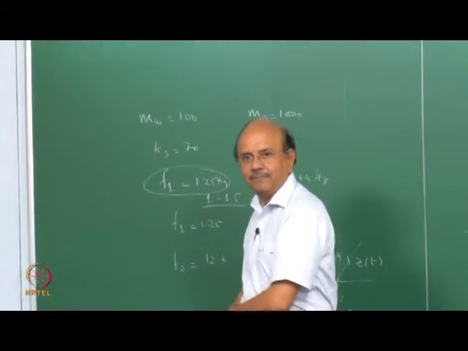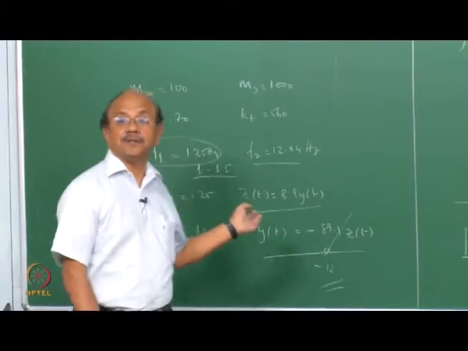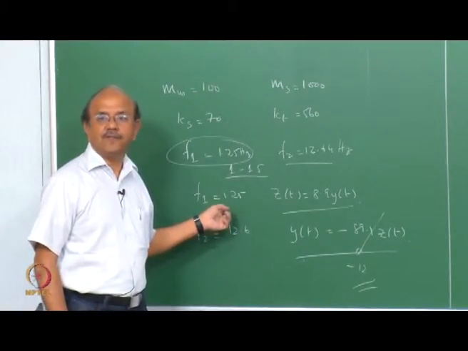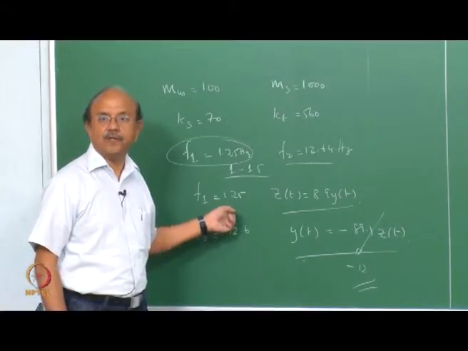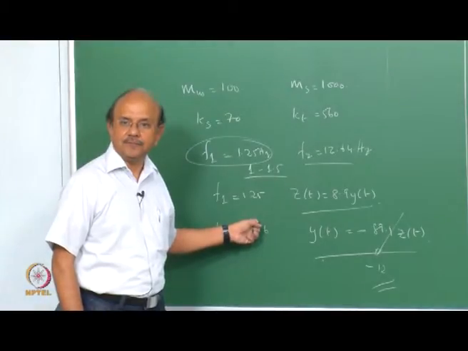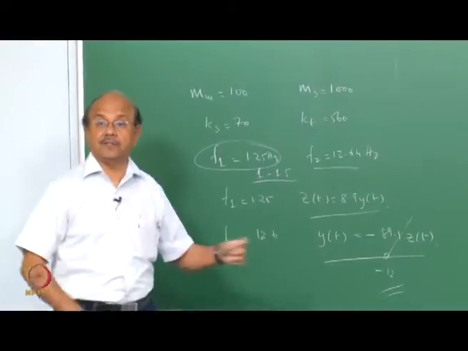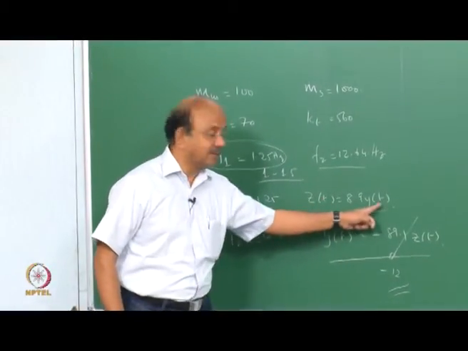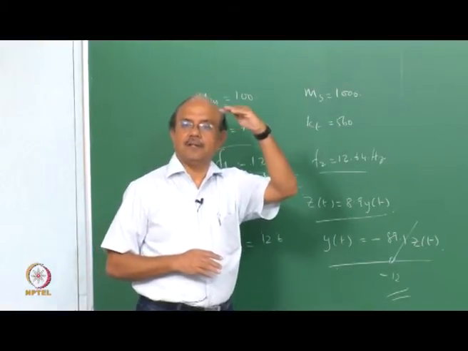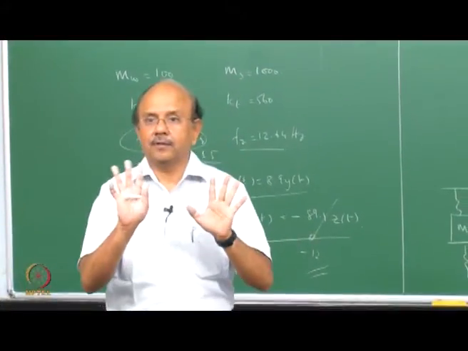But it will also depend on input frequency, no? We are talking about natural frequency, where the input is equal to 0. This is the free vibration case. If it were to vibrate at that frequency, then what would be the relative motion? This is relative motion, look at that carefully. This is the relative motion between the sprung mass and the unsprung mass. Clear? So there is no input here.